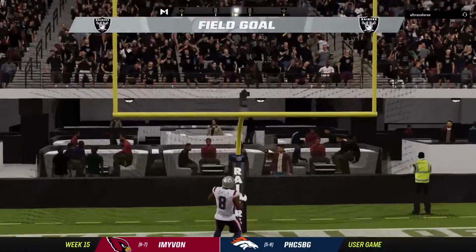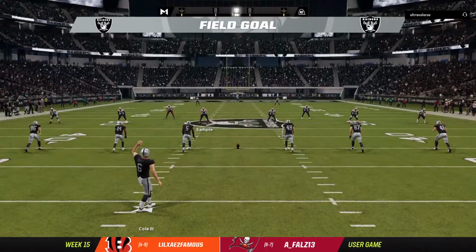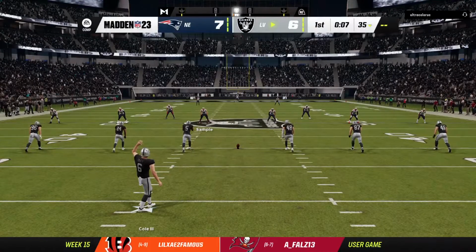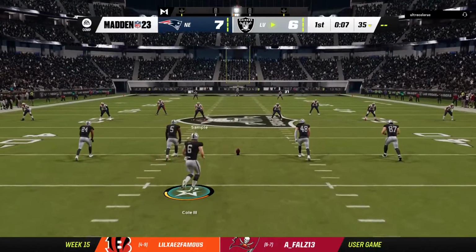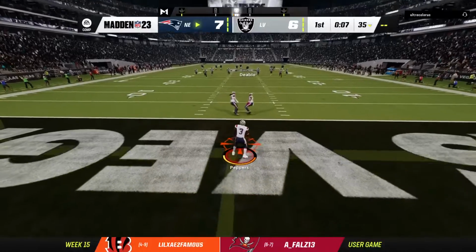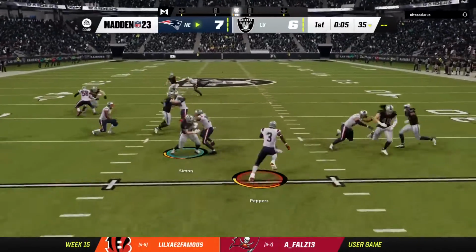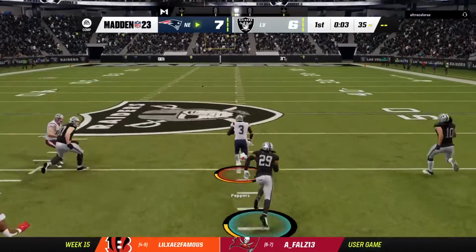Carlson able to put this one through. And they'll get it back within a point at 7-6. So 2 first-quarter field goal attempts for him, and he's converted on both. I like the positive right there. 2 for 2. Got the points on the board. The negative side is they didn't score touchdowns. And, of course, going forward in this game, that's...